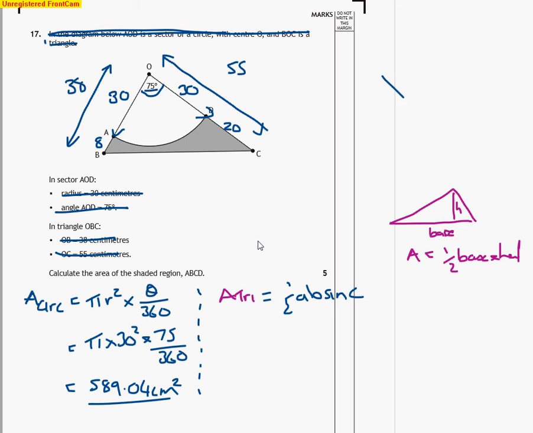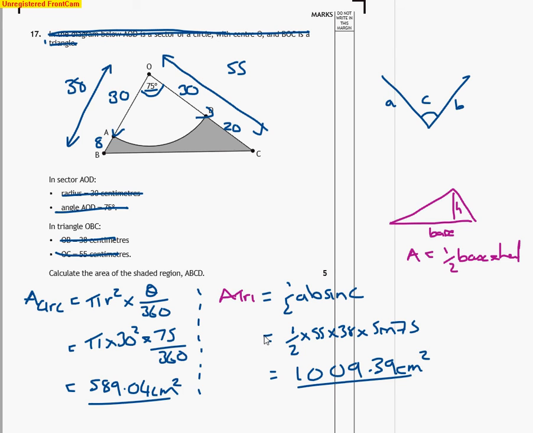Okay, so a half AB sine C, A and B are two lengths, and C is the angle. So I'm just going to draw over here. This would be our C, and this would be our A and our B. It's got to be two lengths either side of the angle, and we've got that. We've got the two lengths, and we've got the angle. So it's going to be a half times 55 times 38 times sine 75. Doesn't get a lot simpler than that. So let's stick that into our calculators. It's going to give us 1009.39